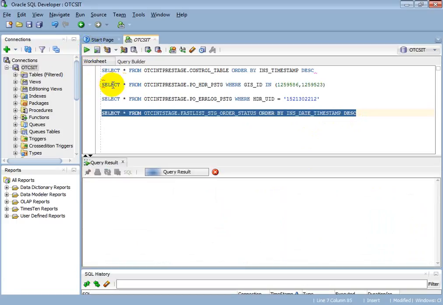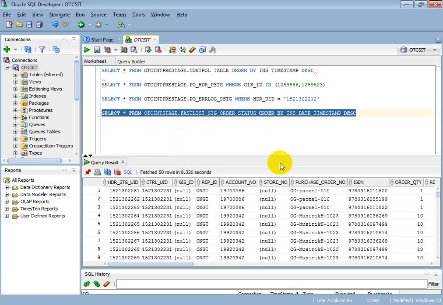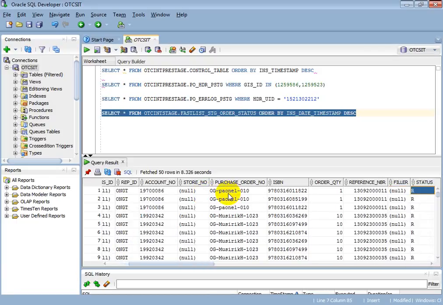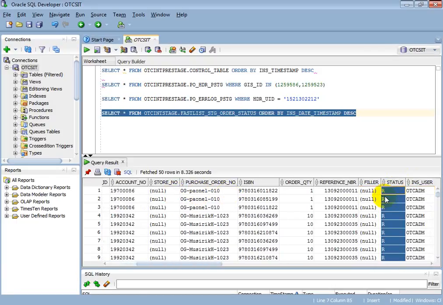As soon as the online gifting order status job has been run, the information will be available in this fastest STG order status table. Here you will be able to find them with report ON GT, which is nothing but online gifting. These are our orders. This is the staging table. The status will be R, I mean, it's in ready status. As and when the business process in the Sterling application has been run for this outbound, the status will be changed to processed, and these details will get updated in online gifting.